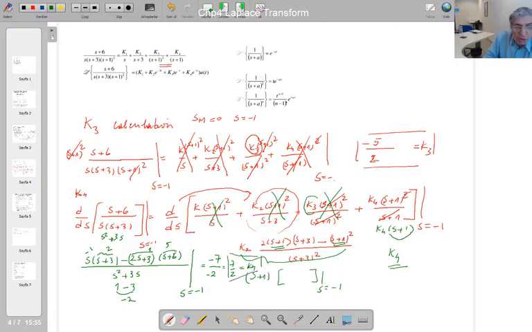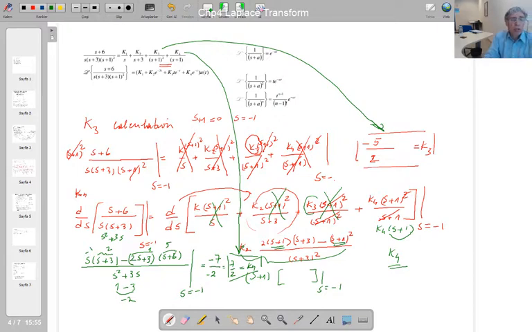So it's going to be 7 over 2 is equal to K4. So I just showed you how you calculate K3 here, and K4 here. So you could do the K1 and K2 calculations on your own. Once you have done the calculations and calculated K1, K2, K3, K4, the rest of it,